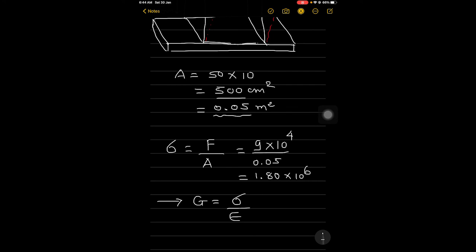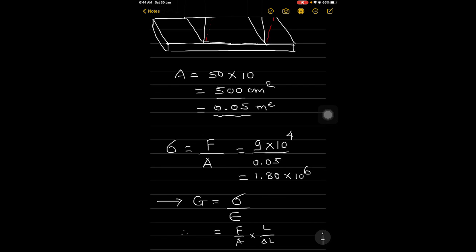So if we make shearing strain the subject, it can be written as F over A into delta L over L. So we are asked to find out the delta L, or here delta X,